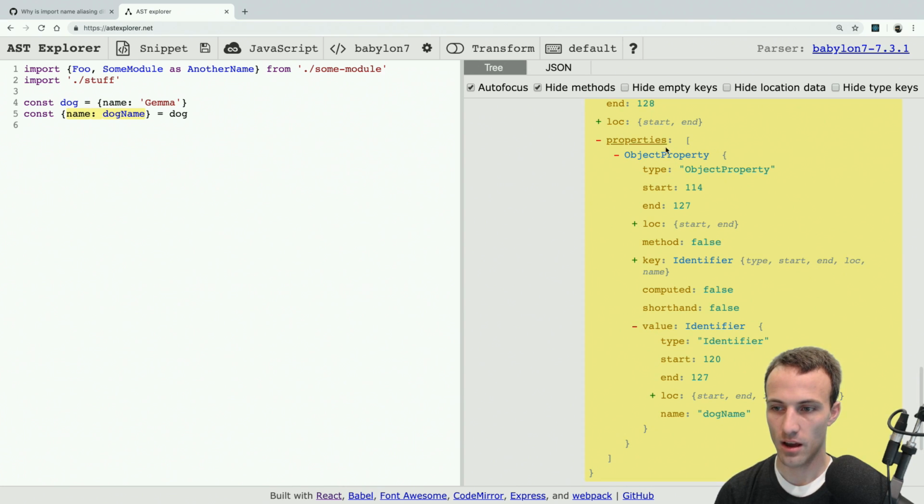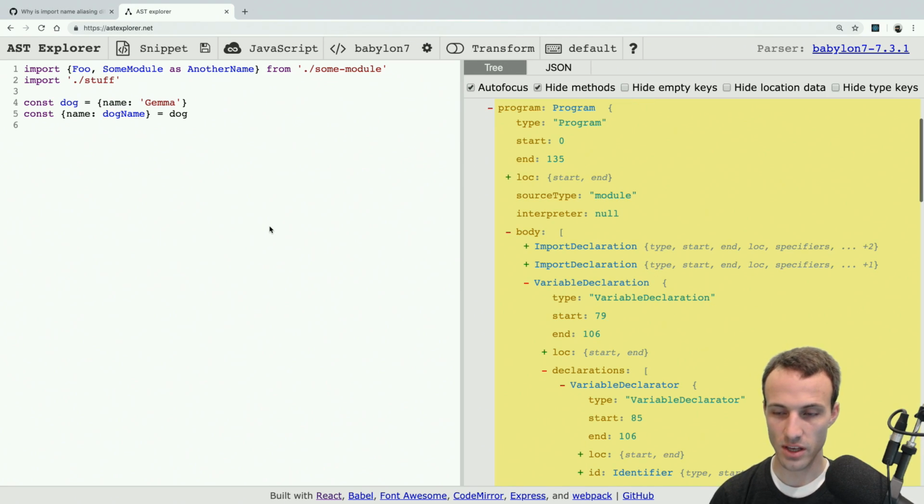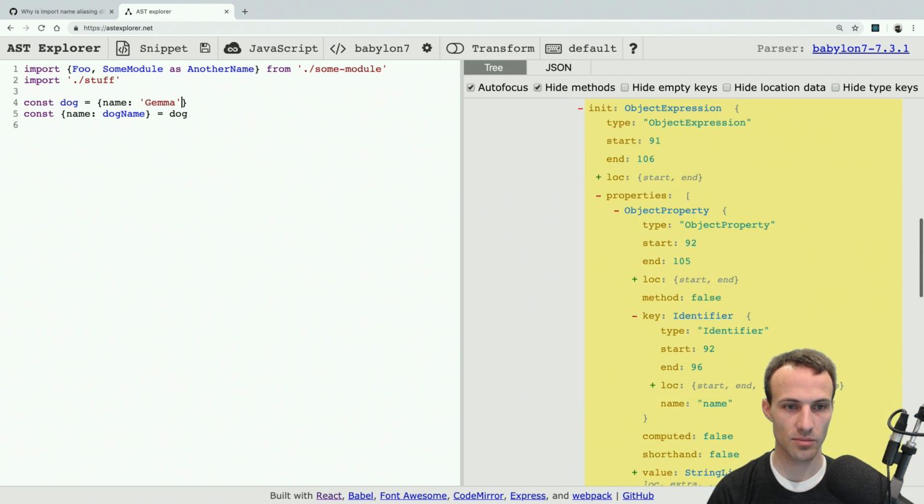Okay, so the object property's key is the thing that we're pulling off the object, and then the value is what we're going to be assigning it to, whatever that property's value is. So that value is named dogName. Pretty different ways of representing these bits of code. They are entirely different syntax. So the question asker is wondering, why do we have to have a different syntax for object destructuring, aliasing, and imports? The biggest reason we have this difference is because with destructuring, let's say